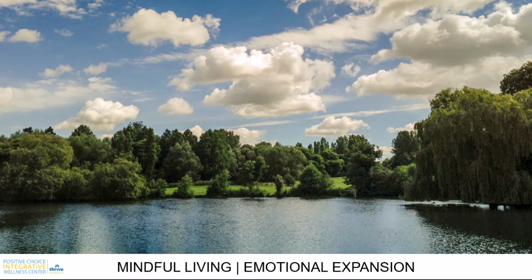And now take a few slow, deep breaths and really notice the breath flowing in and out of your lungs. Now gently scan your body from head to toe, beginning at your scalp and moving downward, noticing the sensations that you can feel in your head,